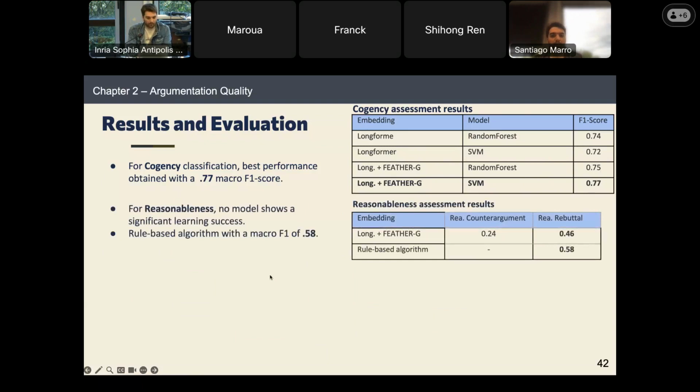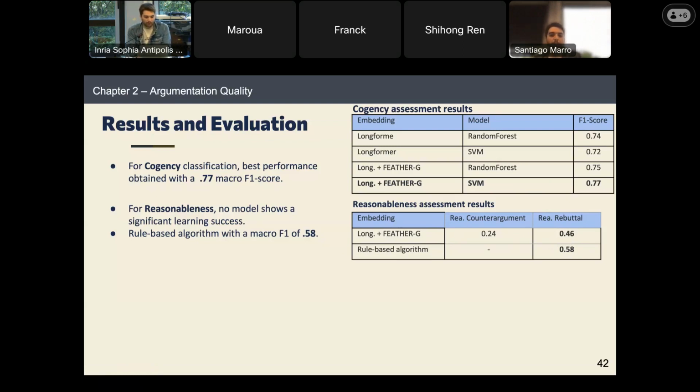Now, for reasonableness, we saw that the model is not showing a significant learning result. This is mainly due to the nature of the dataset, where, as I said before, we do not have many rebuttals. Most of them were non-existent. So we didn't have enough information for the model to actually learn something.